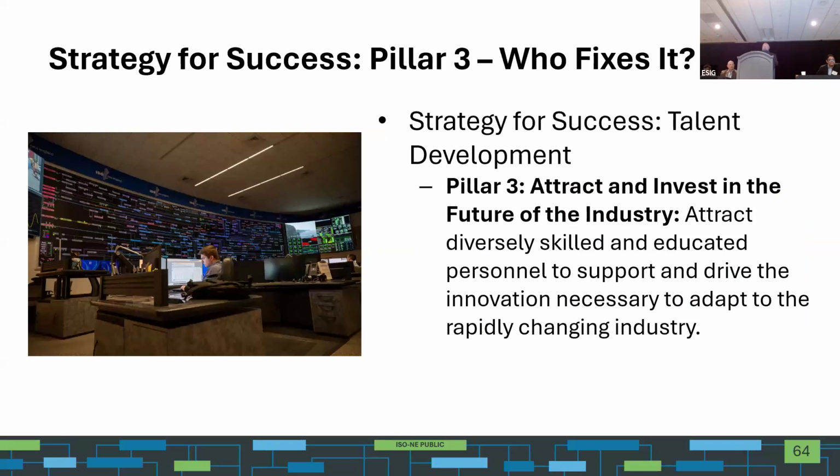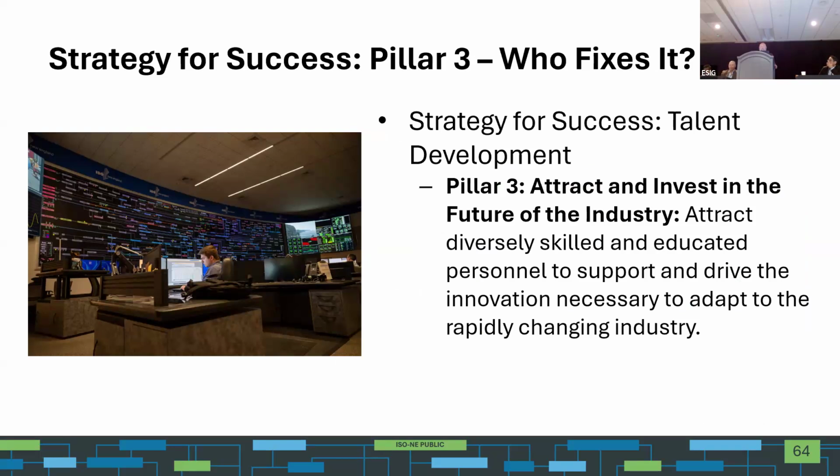And then really the meat of this is who fixes it. So we talked about tools and I brought up the complexities we deal with, but we need the talent and the diversely skilled and educated personnel in order to operate all these things. Not just system operators, but we need IT staff to develop these tools for us and to maintain these tools and these new models.